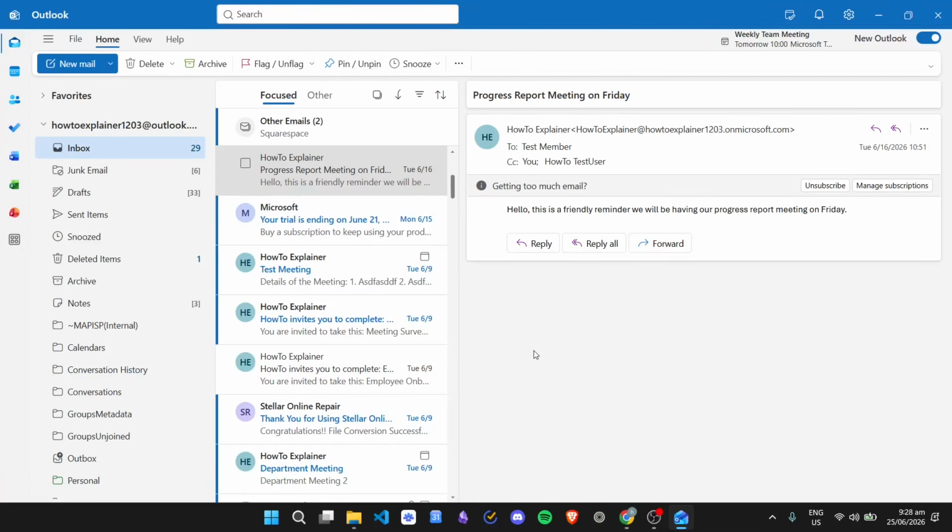How to fix Outlook not updating inbox. So here I am in the new version of Outlook. And then from here, if you find that your Outlook account is not updating your emails, so you are not